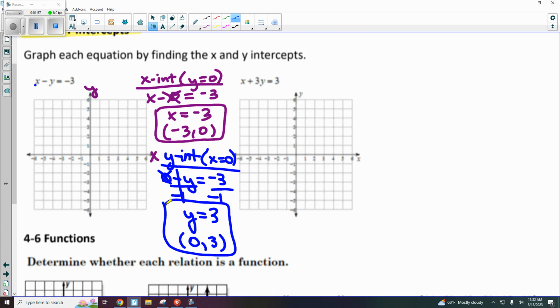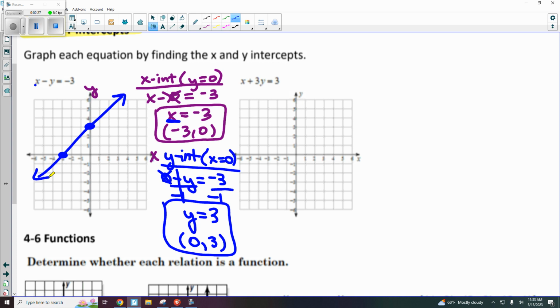And now to graph the line, we're just going to plot those 2 points. So -3, 0 is on your x-axis because x is your variable there. So on the x-axis, -3 is left 3. Your y is 3, so 0, 3 sends you to the origin, then up 3. And then just as best you can, make a line through those 2 points, and you're good. So that's how you find your x and y intercepts. It's a really quick way to graph the lines too, because all you have to do is just